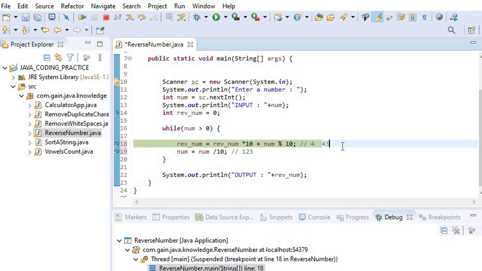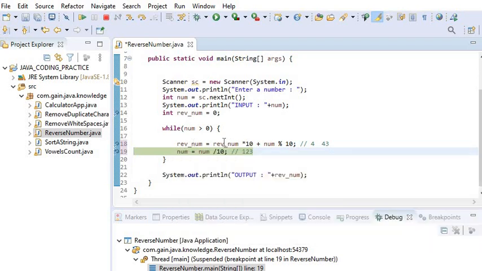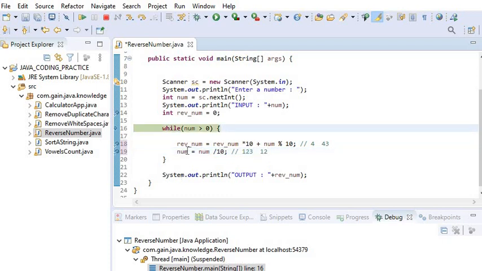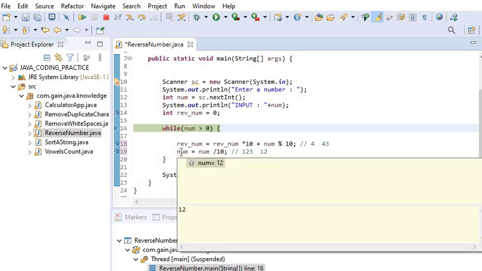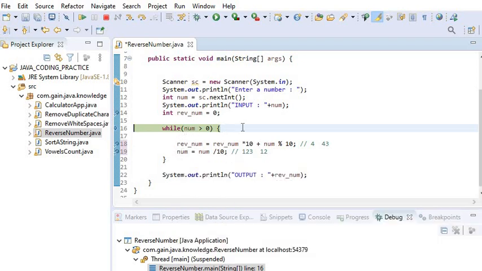Now we check the reverse number value, that is 54, and our number was 1234. When we divide by 10, it will be updated and it will be 123. So number is 123, the condition will be true and it will enter.